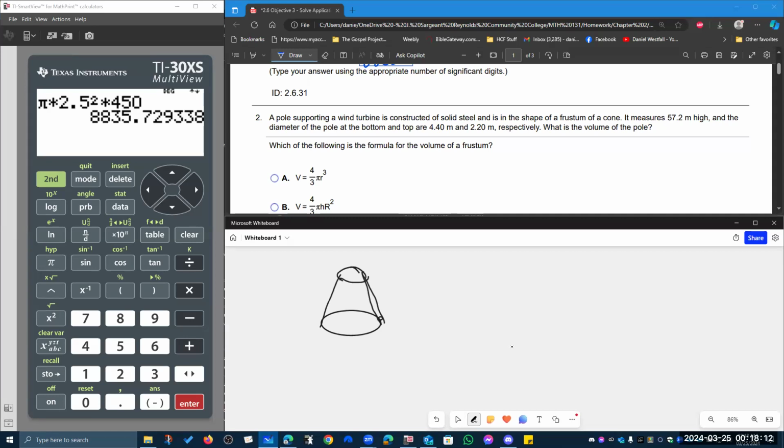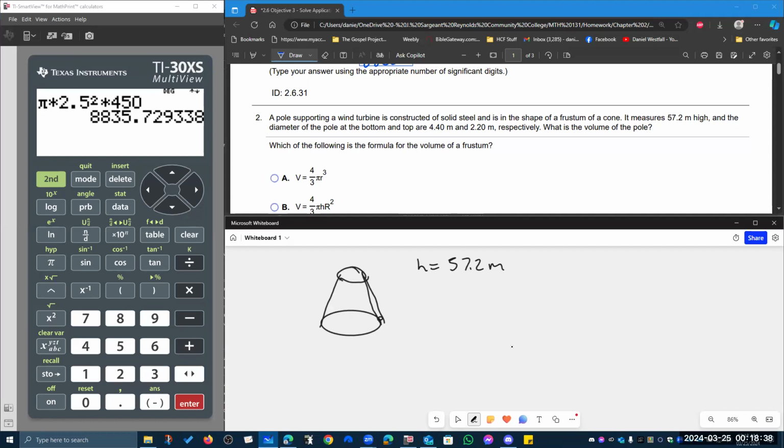There you go, like that. It's constructed of solid steel in the shape of a frustum of a cone. That's this, and it measures with a height of 57.2 meters,